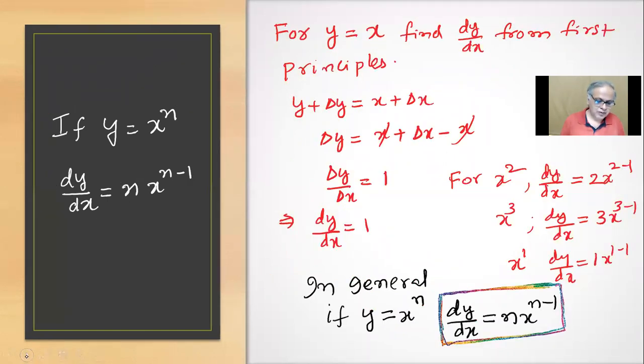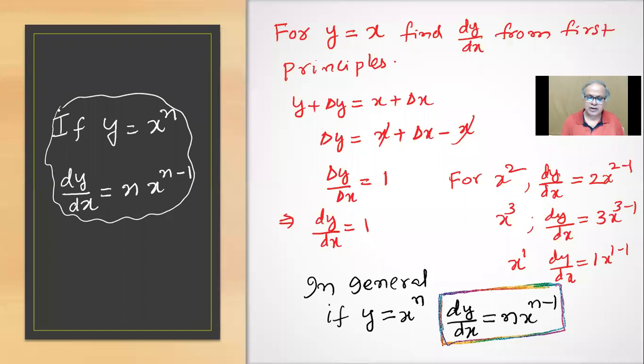Look, a few little more I did, even based on that formula. So that's where once again it has come on the left side. But look at it. If y equals x, find dy by dx from the first principles. Okay. So do this now. Come on. y plus delta y is x plus delta x. Delta y is taken this side, x is cancelled. Delta y by delta x is 1.